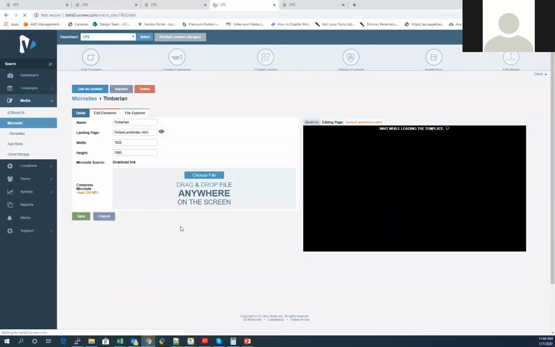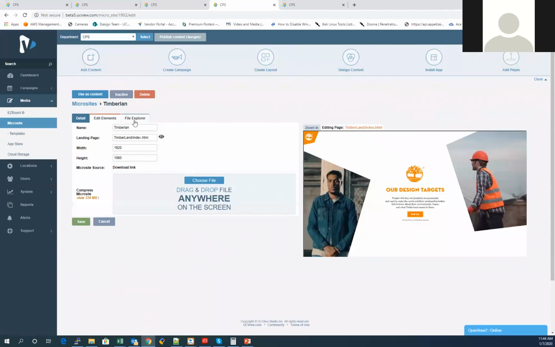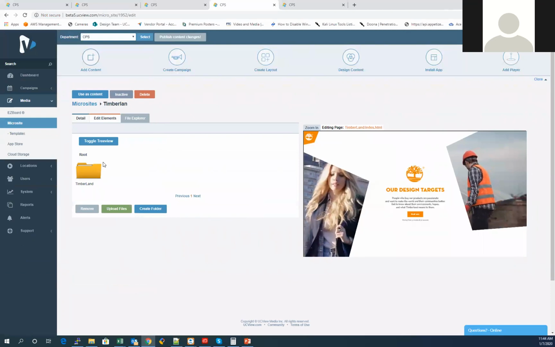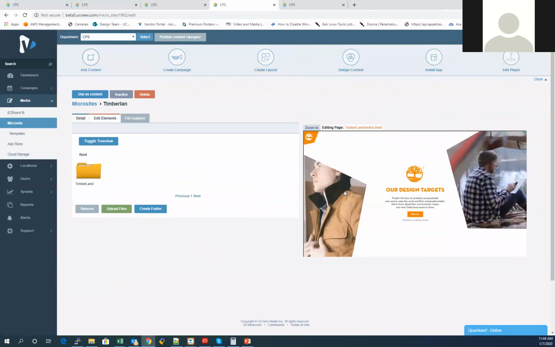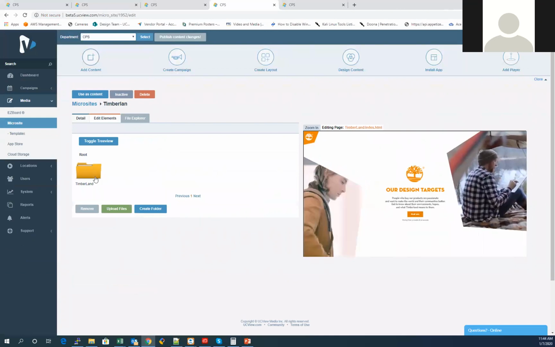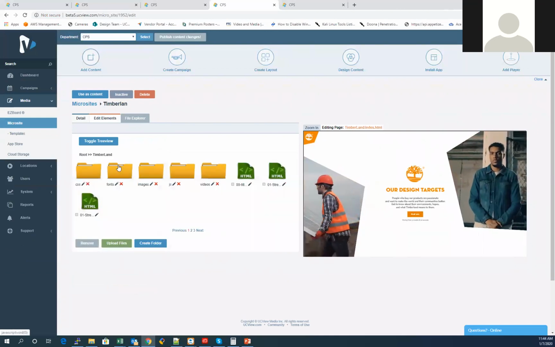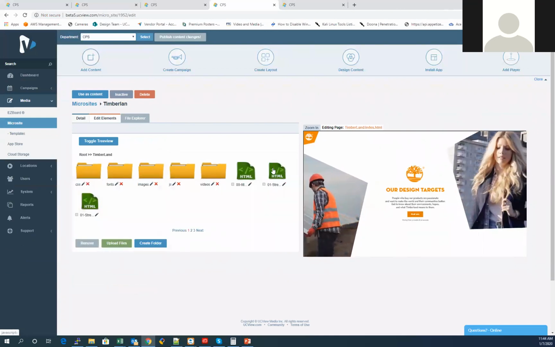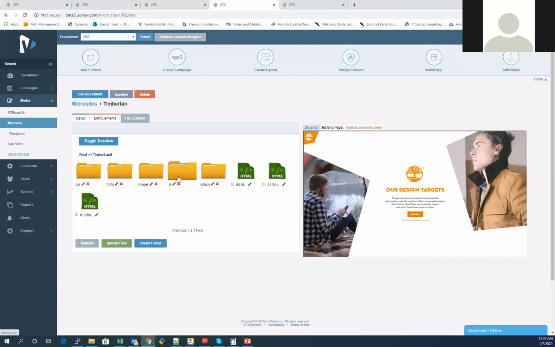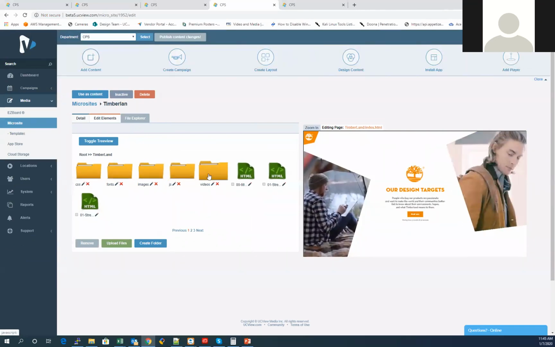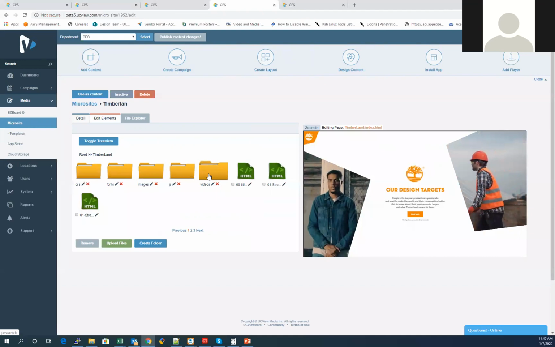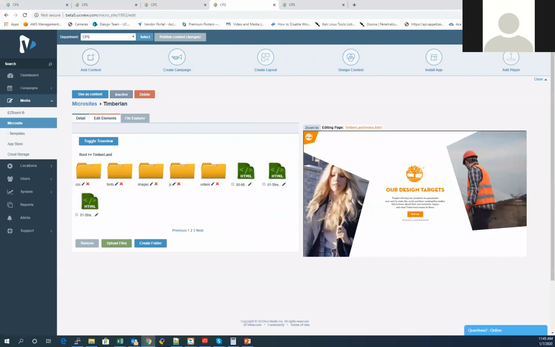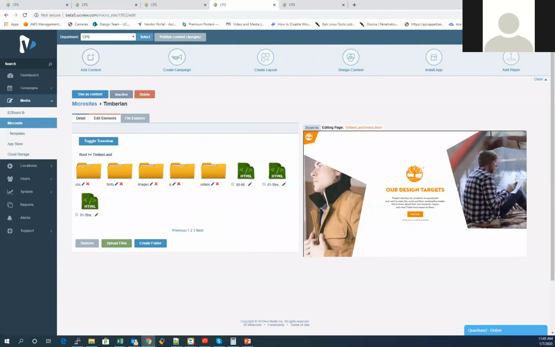I'm going to give you an example of something that we did not design. A customer uploaded this design. You see we have video here, and interactivity I'm going to show you in a second, but that's what he uploaded. He uploaded a folder with all those assets inside. You see it has JavaScript and fonts and videos. And you take the entire thing as a zip file and drag and drop it into our system,